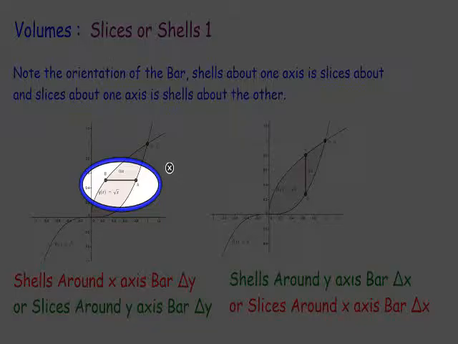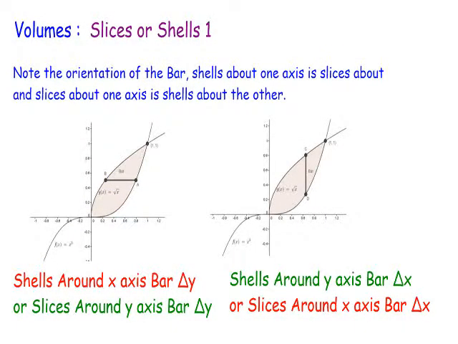Obviously these will be two different volumes, but the width of the bar in both cases, you can see here, is delta y, and I've changed the diagram to actually put the bars. If you look down there, the bar is delta y in both cases. Now, if you go to the next diagram, over here,